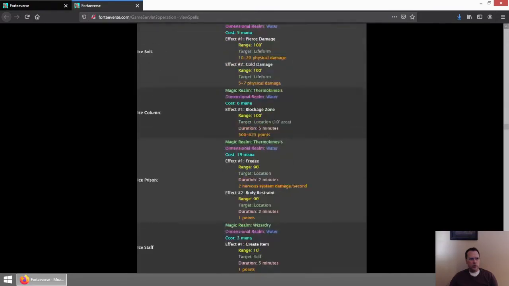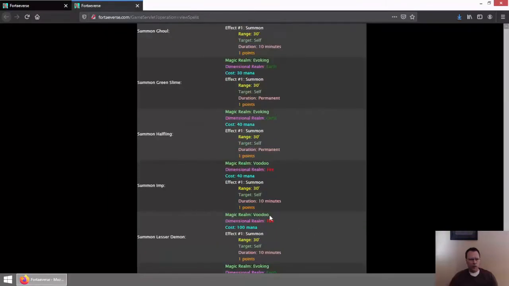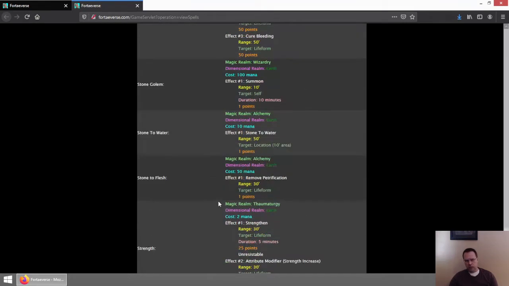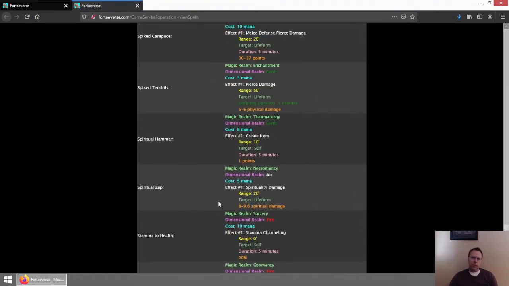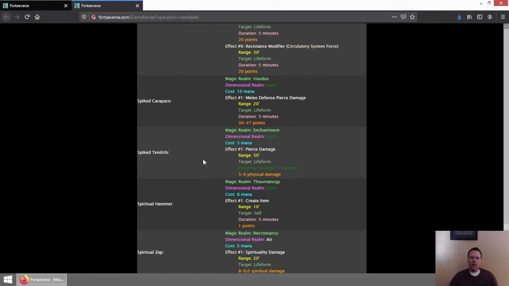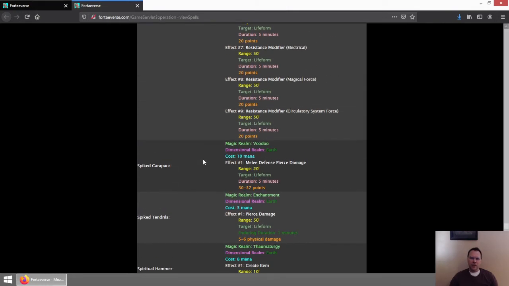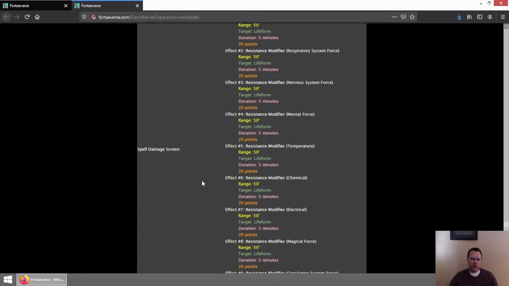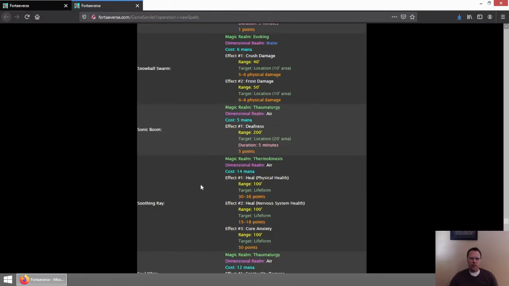As you can see, as I scroll down here, there are hundreds of spells in the game. Most of these are functional, in the arena that a few people had done pre-beta testing for me. I don't think anybody really got much level increase to even try a lot of these, but they're there, and I've tested out some of them as well. So that's the spell list.